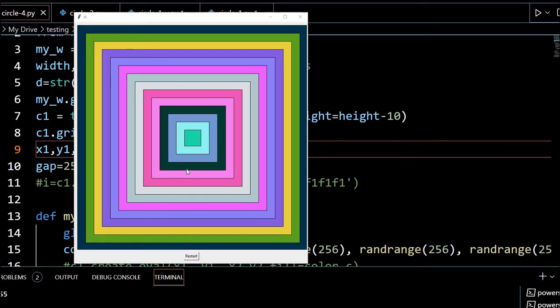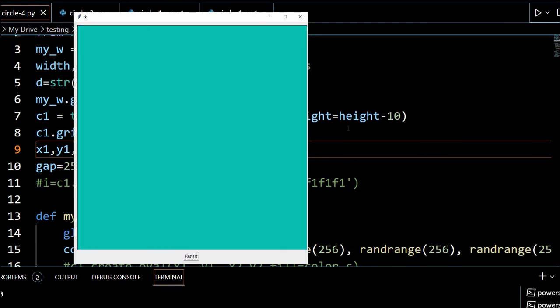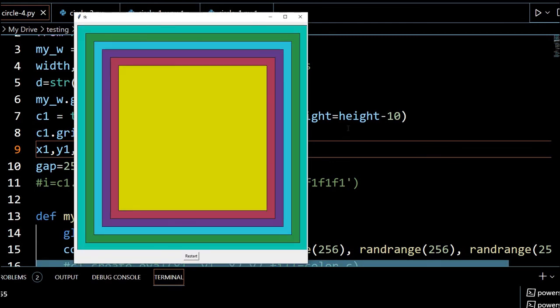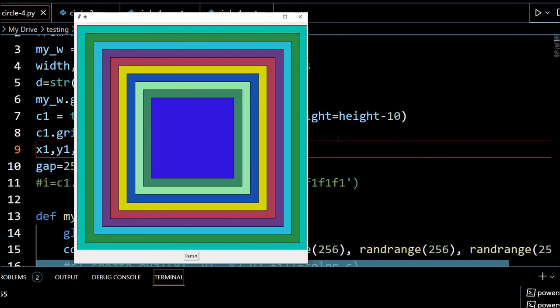So we have discussed all the items that we can use in our canvas. Here are rectangles, colored concentric rectangles, which we have used here, and you can see these are generated using timer functions also. So we can dynamically create these rectangles.